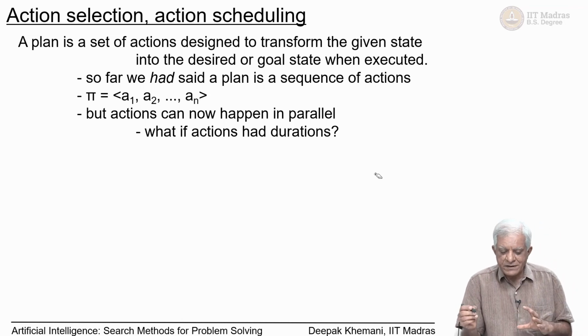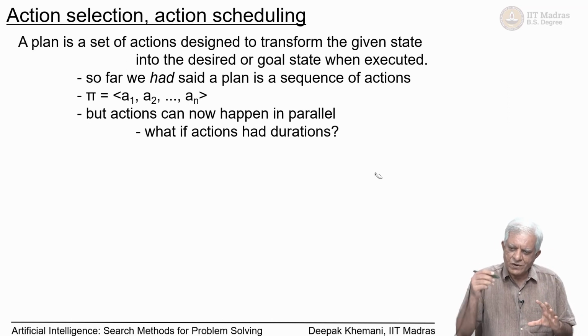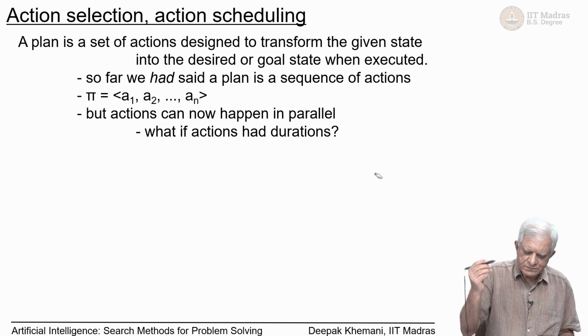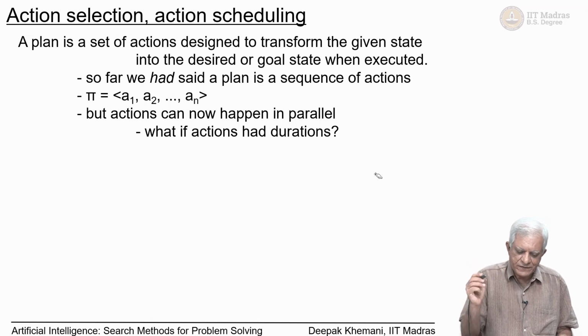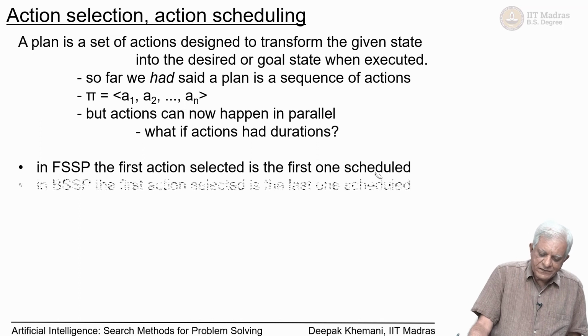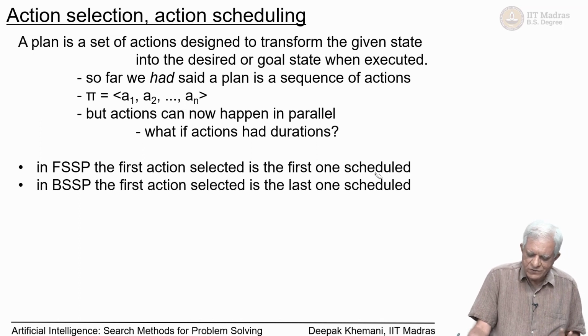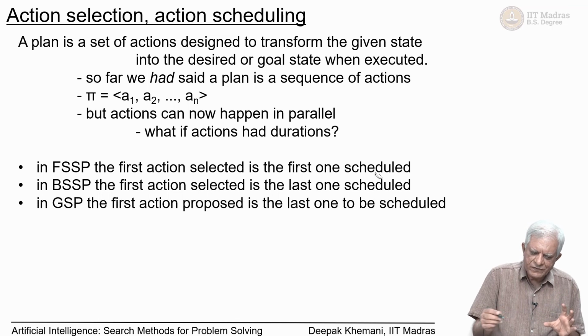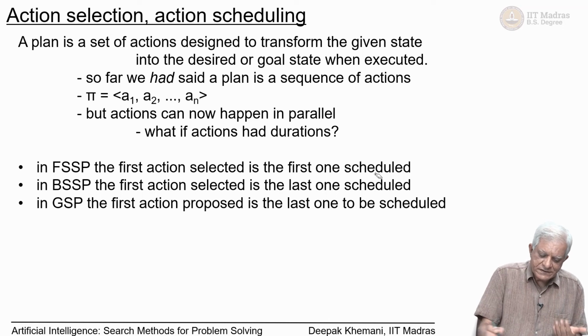Can two actions be done in parallel with a third action? While your water is boiling, you chop, let's say, bhindi and you chop the tomatoes one after the other, and can this whole thing be done in parallel? So when actions have durations, there is more complication. In forward state space planning, the first action selected is the first one scheduled. So there is a tie up of when you select the action and where you schedule it. In backward state space planning, the first action selected is the last one to be scheduled, because it always picks the last action first. In goal stack planning, the first action that is proposed is the last one to be